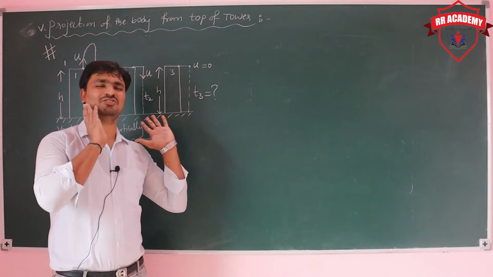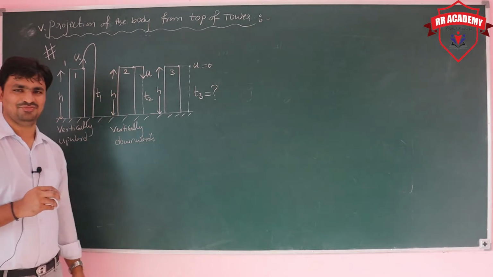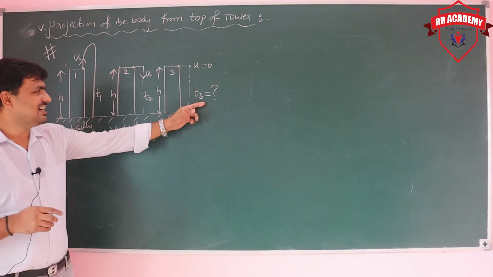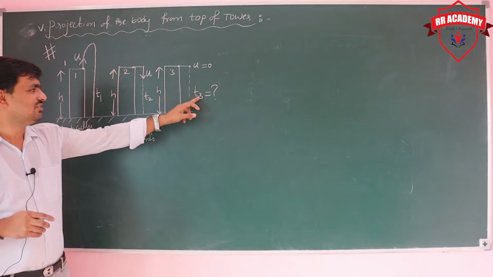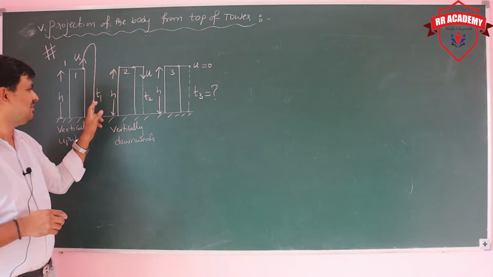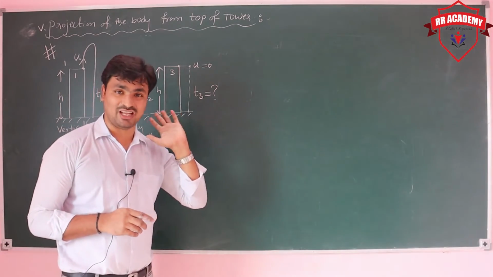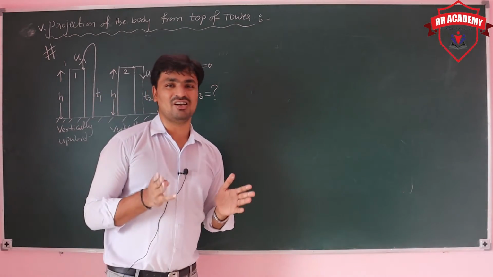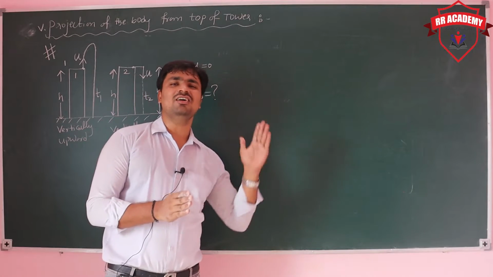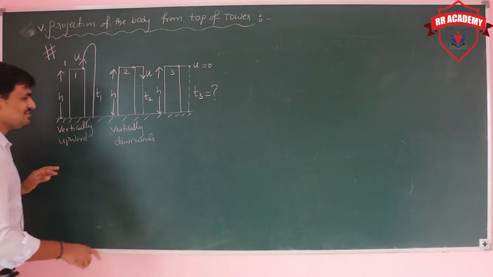Okay, that is fine. But if that is the answer, then what is the use of this? No. Now you require the answer in terms of t1, t2, t3. So the t3 answer in terms of t1, t2, and the H value in terms of t1, t2. That is the question. And this is free fall.